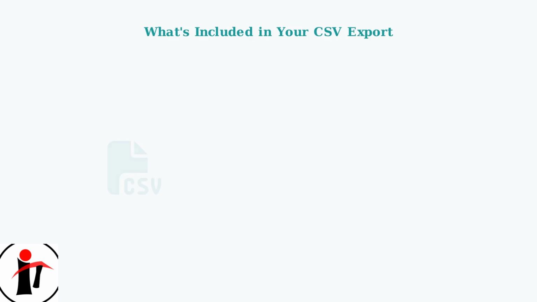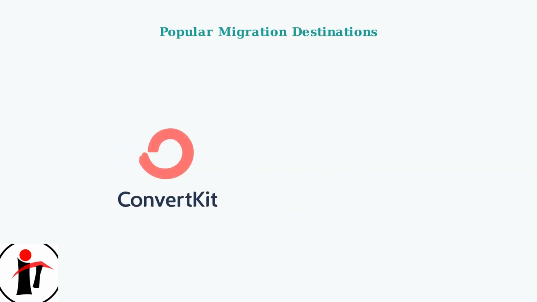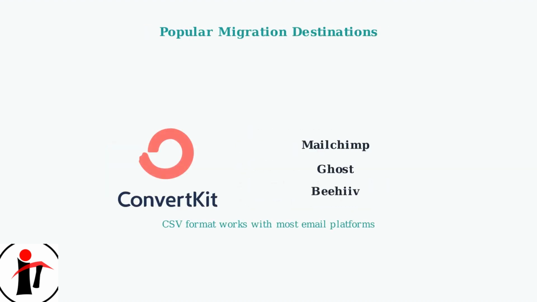Your CSV export includes essential subscriber information: email addresses, subscription dates, subscription types, status information, and payment details for paid subscribers. This comprehensive data gives you everything needed for migration or analysis. Your exported CSV data is compatible with popular email platforms like ConvertKit, MailChimp, Ghost, and Beehive. The standardized CSV format ensures smooth migration between platforms, giving you the freedom to choose the best tool for your